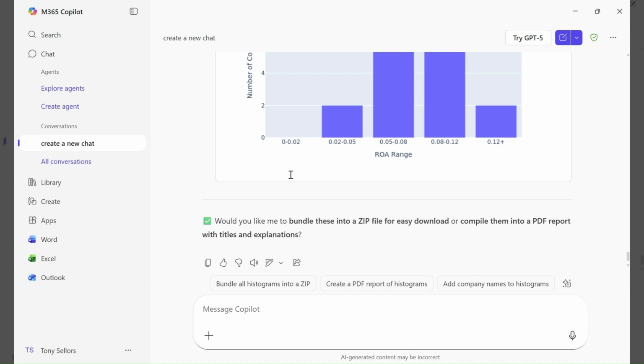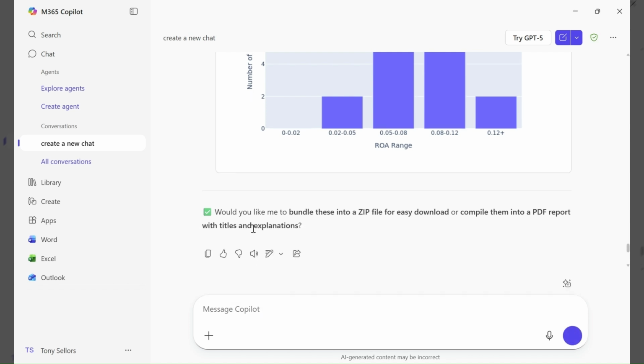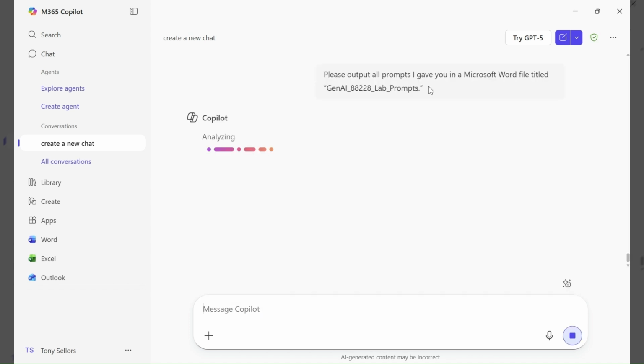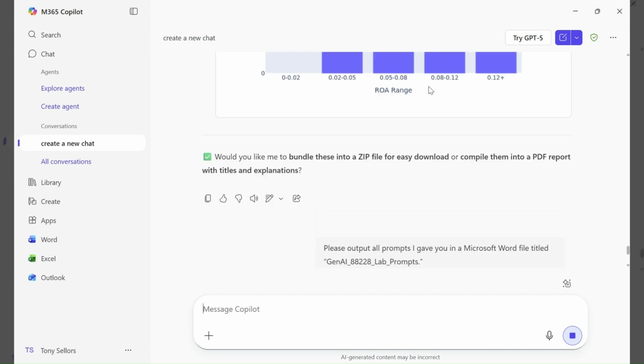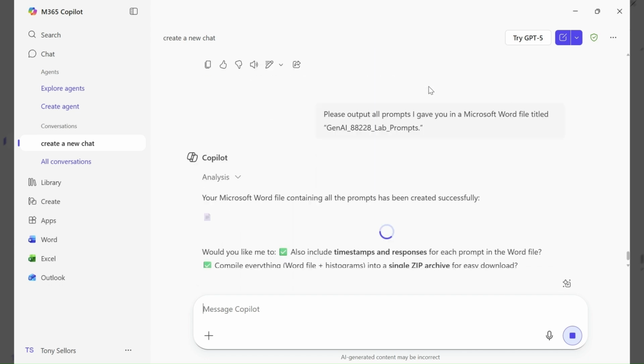Now, lastly, we're just going to ask, sorry, not ChatGPT, but Microsoft 365 to output all the prompts that I used into a Microsoft Word file, so then you can upload that into the document. And while this is doing this, we already have all the information needed to answer all the questions